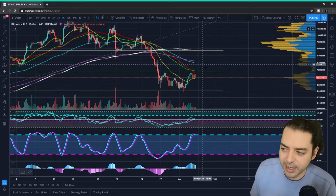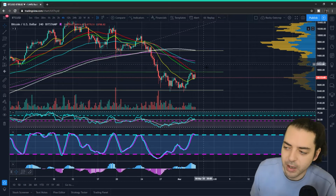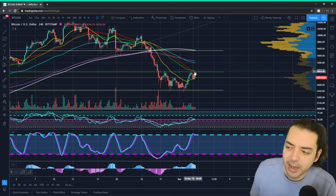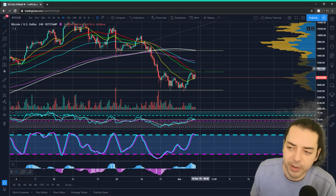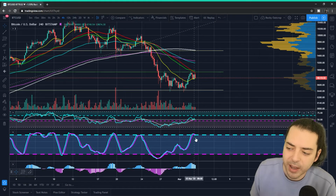Whoever didn't decide, all of the market didn't decide to actually do that at that point there and then. And I think it would have needed to have opened and closed a 4-hour candle up above this area for more confidence to have come in, to have catapulted us up that direction. So that didn't happen. But we don't have any real warning signs to be aware of, other than perhaps the fact that